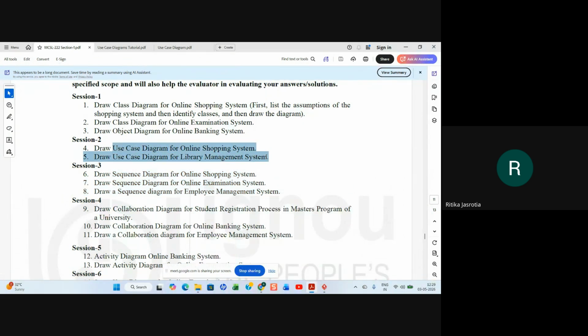Everybody understand now what a use case diagram is and how it is drawn? Any doubt? Any doubts anybody has? No, ma'am. So we will take a break right now and we will join at 2 p.m. Any doubts anybody has, they can ask. We will discuss that.